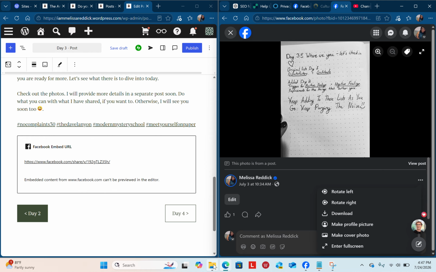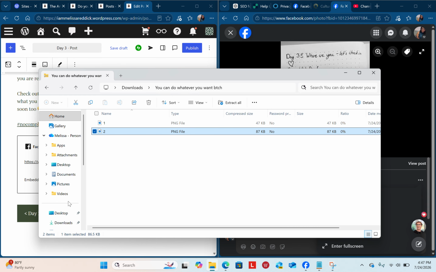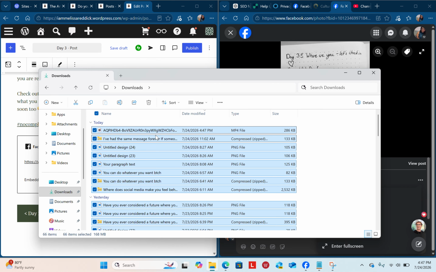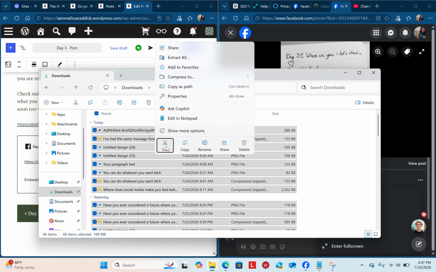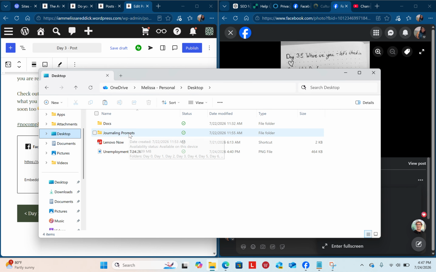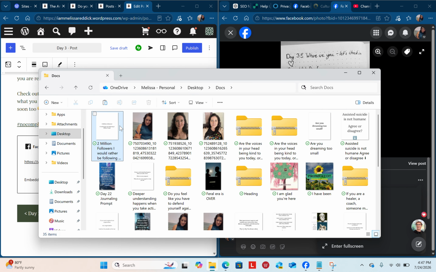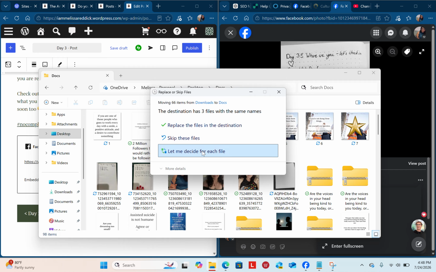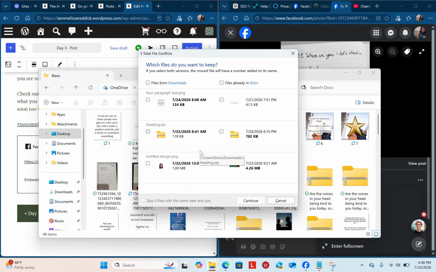So first, I'm going to take all of my downloads that I currently have, and I'm going to Control A, which selects all of them, right click to cut, and then I'm going to put them in docs. So we're talking about comparing.